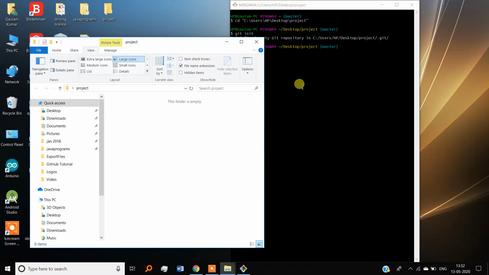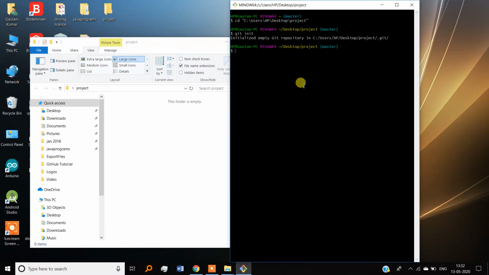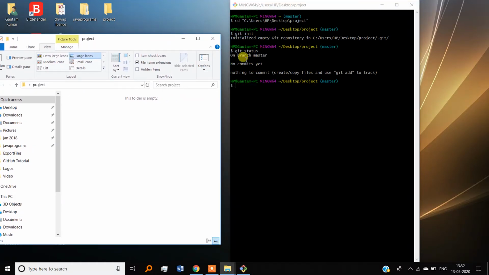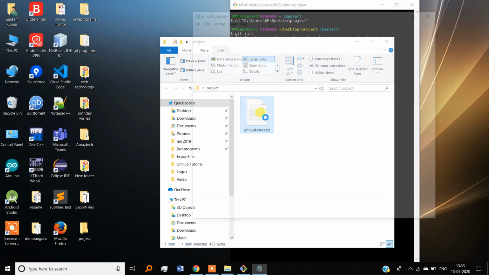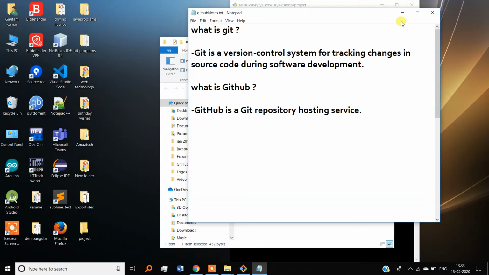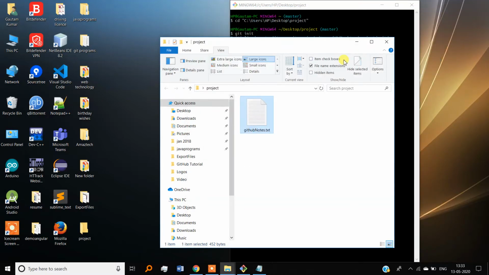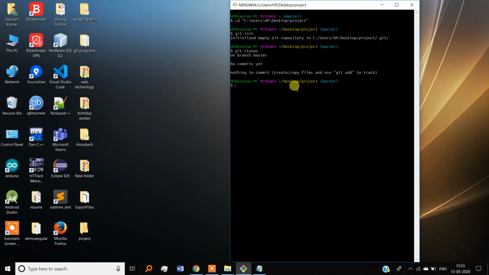So now we will check the status, git status. This will tell the status of our project folder. It is telling us this is on branch master, no commits yet, and nothing to commit. Okay, so let's copy one text file here, and it has something written, notes about git. Now type git status.